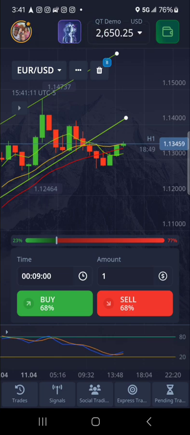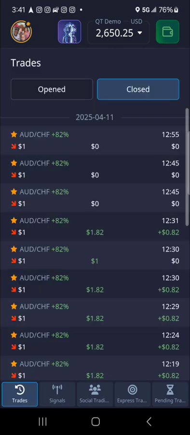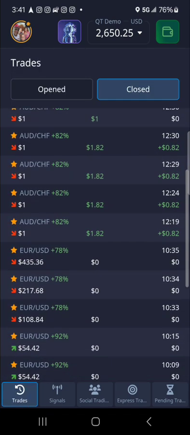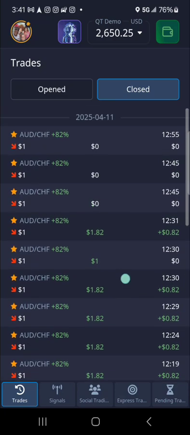This is where I'm at now today with the demo account. As far as my history, I did a bunch of $1 trades just a little while ago, just kind of like